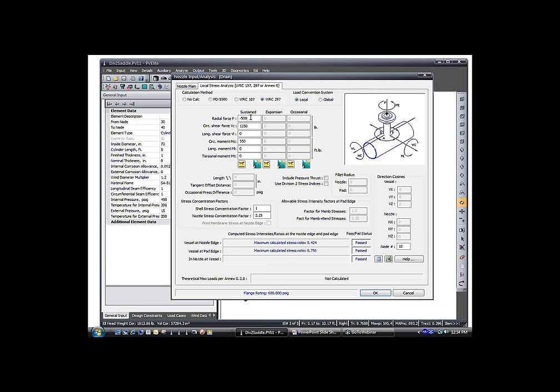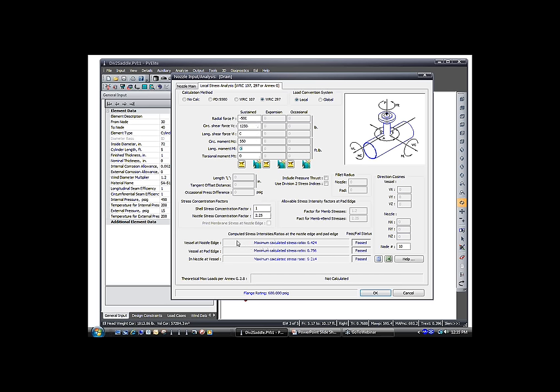So here we have, again, our radial load, as well as all the other loads. So it's a total of 3 forces and 3 moments. We type these in, and as we do that, you will notice that down here at the bottom of the screen,